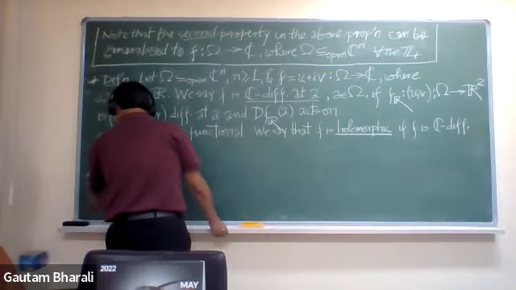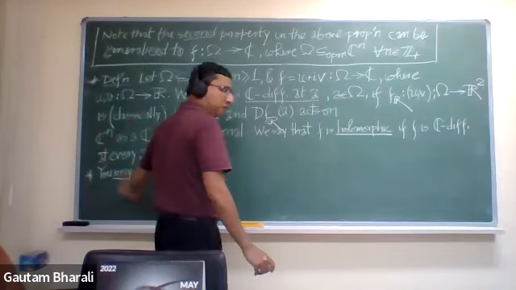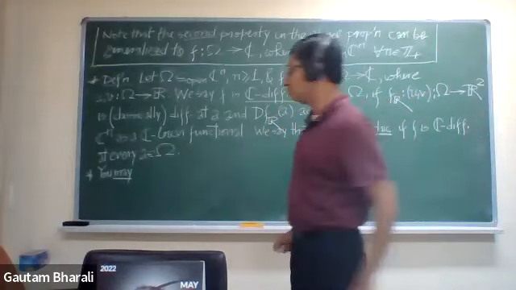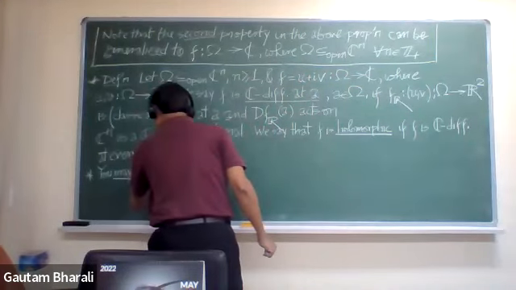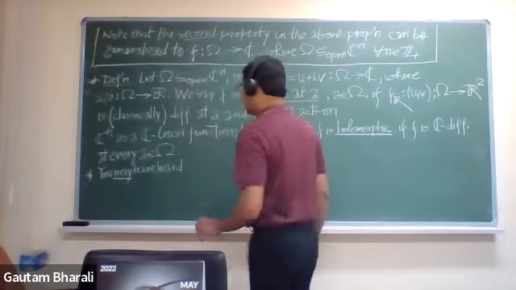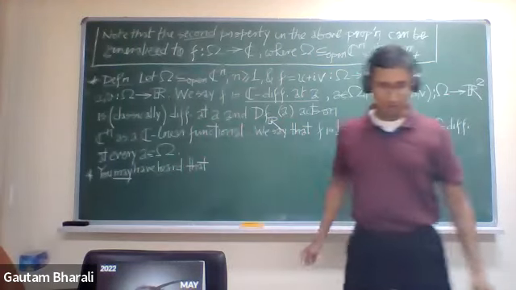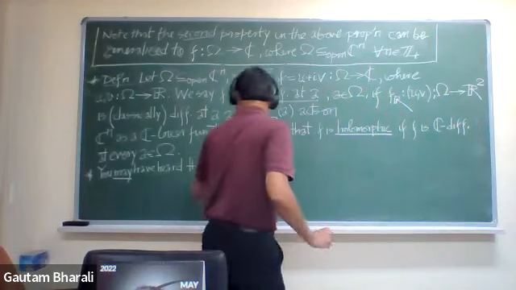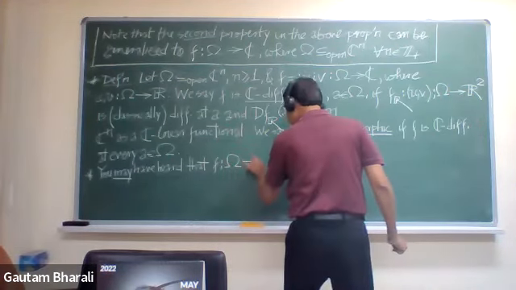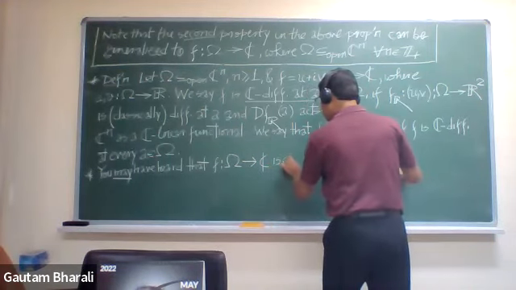You may have, I didn't see a show of hands, so I feel a bit awkward when I say this, but I'm sure you've heard this somewhere or the other and you're not remembering. You may have heard that f, so f is like above, omega is like above, f from omega to C is called